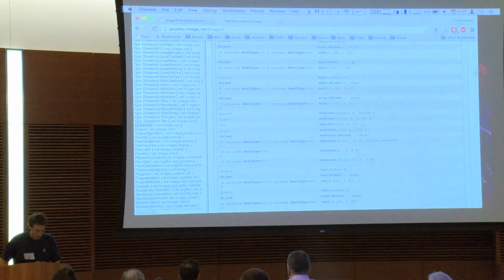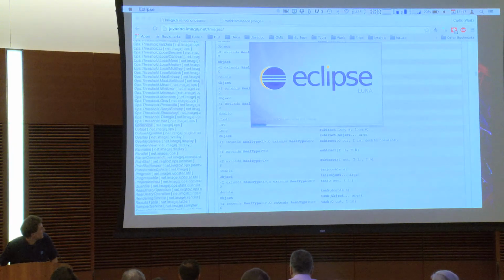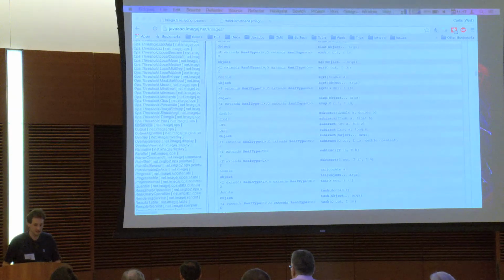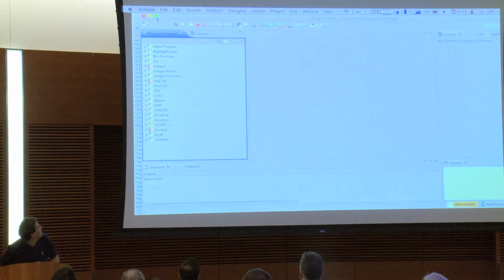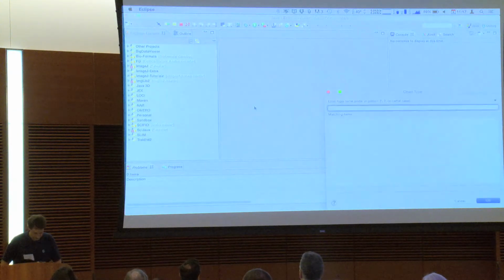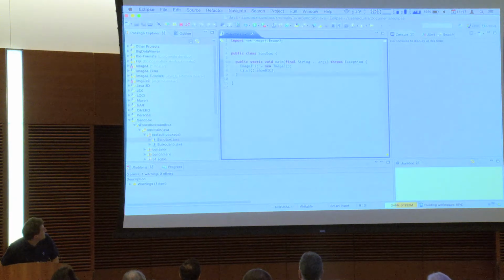So we did not want to make everyone install Eclipse or another IDE for this workshop, because it's a higher barrier to entry. But that said, I want to show you how awesome it is quickly so that you might be inspired to try it sometime. There are a lot of things that Eclipse can do that are awesome. So here I have an ImageJ,